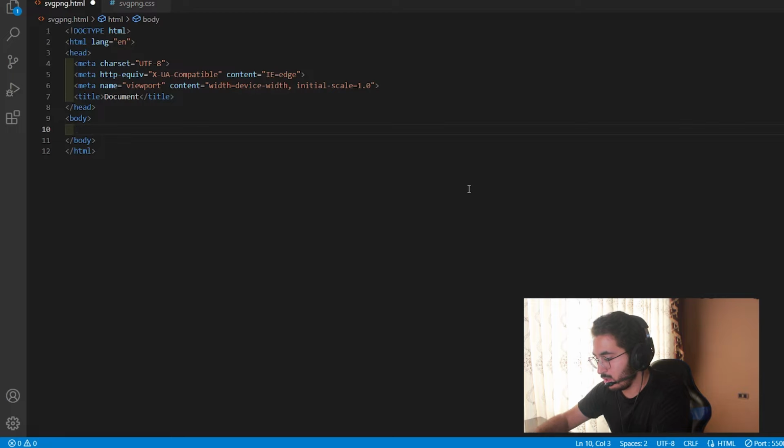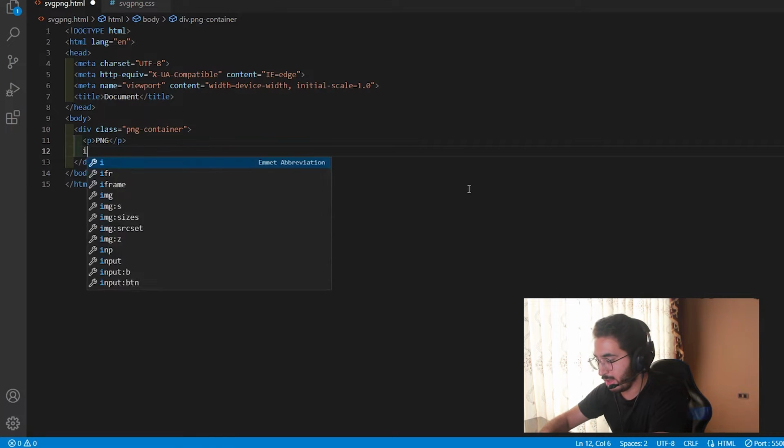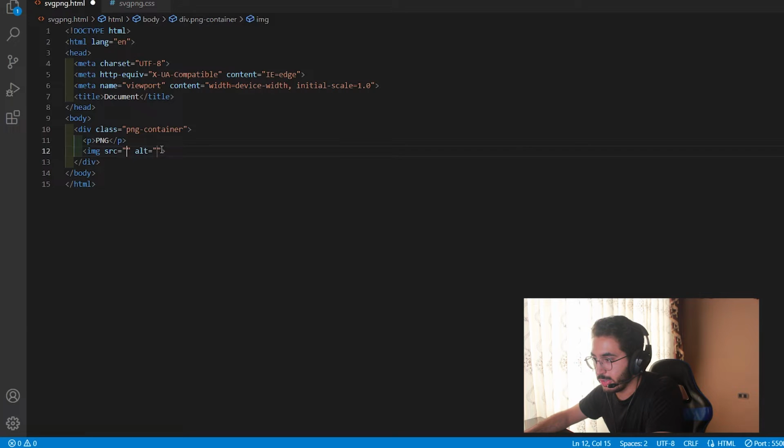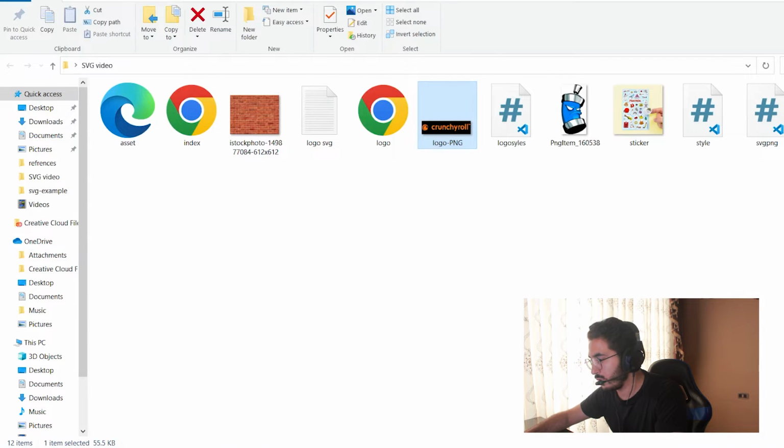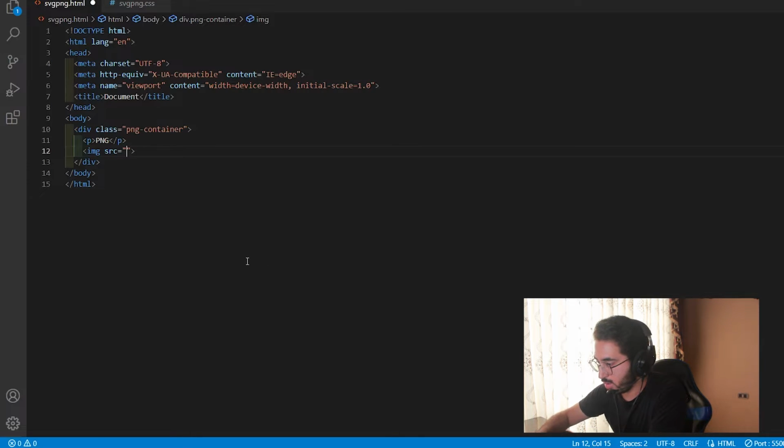element in it. So let's just say PNG container, all right. We'll have a p tag in it, PNG, and of course we'll have an image tag in it as well. So for this image, I will be using this Crunchyroll logo, which is this one over here. So we'll just put logo.png, and we have to make the second container,